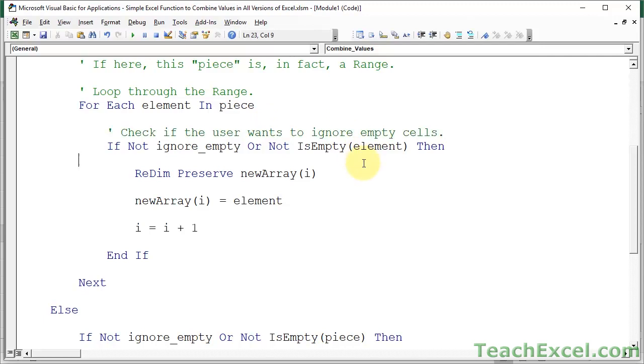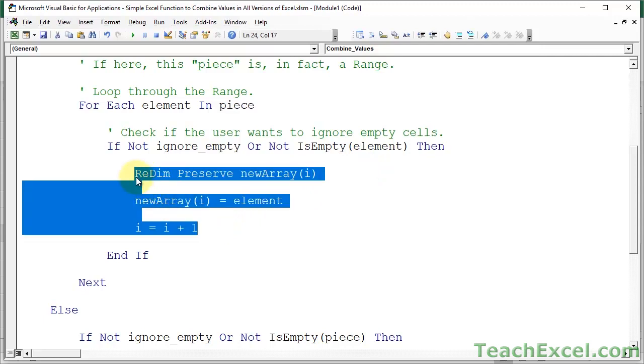Now, this is the meat of everything right here. Before I talk about it, I have to say that dealing with arrays in Microsoft Excel is horrible. Dealing with arrays in VBA, similarly, I do not like it. Okay, now that I've said that, let's go ahead and put the values that we would like to output into